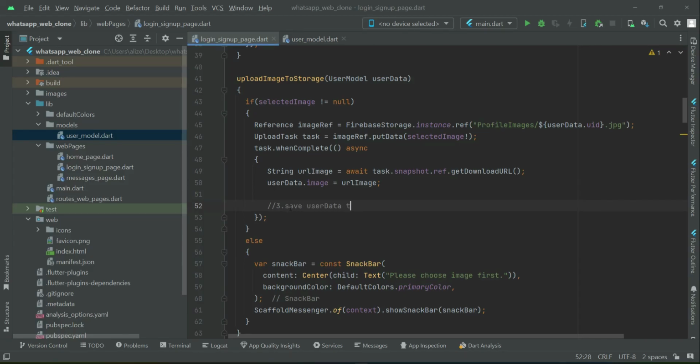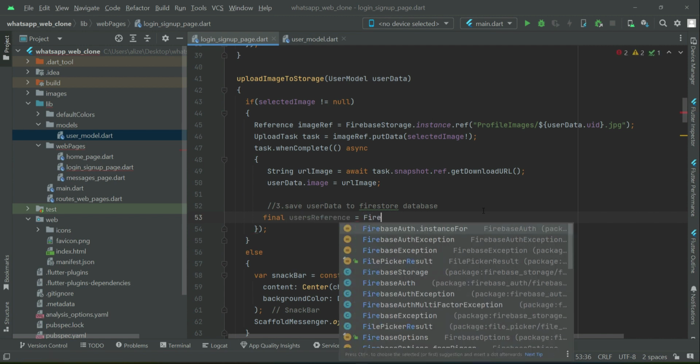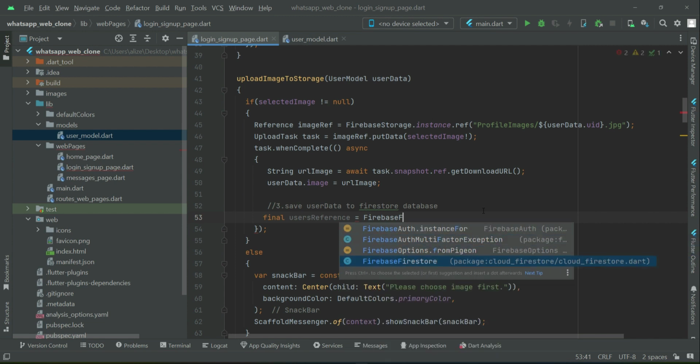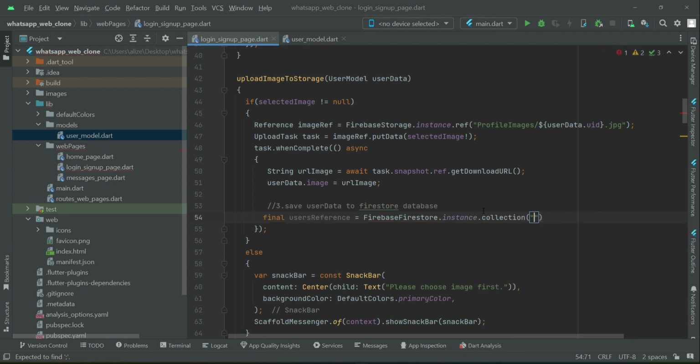So save user data to Firestore database. So we can say final users reference. Now we are creating a reference to the Firestore database. So FirebaseFirestore.instance.collection. Inside the Firestore database we will have a main collection by the name users, and inside this users main collection